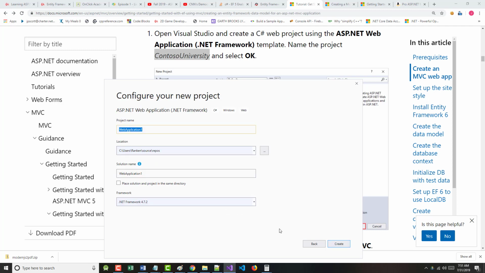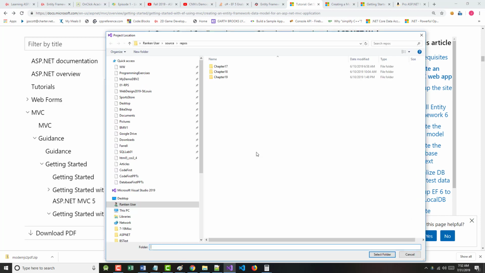Next. Now, a couple things here. First of all, we want to call this Contoso University. That'll be the name of our project. Now, the name of our solution, we're going to call this Code First. All right? And we're going to make sure that when we save this,